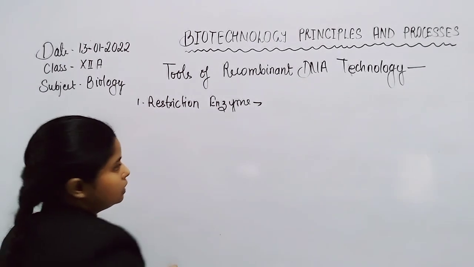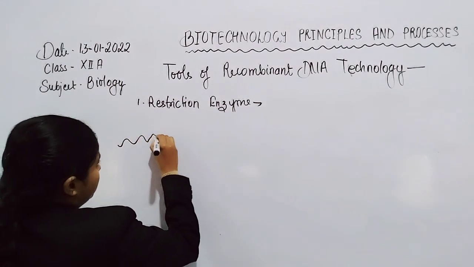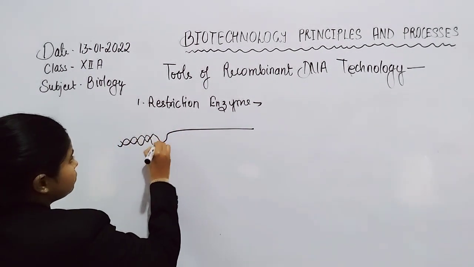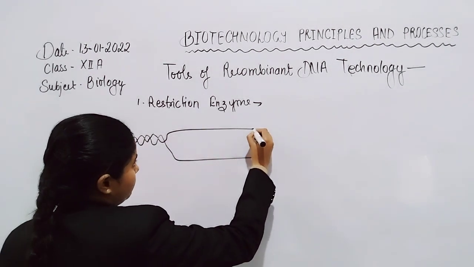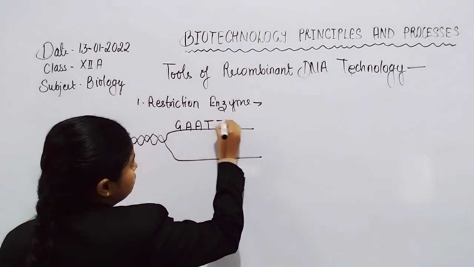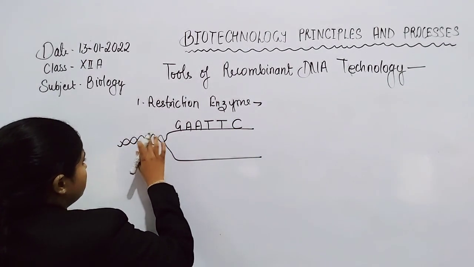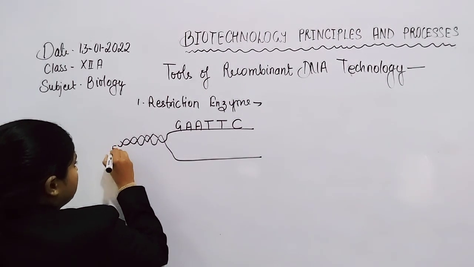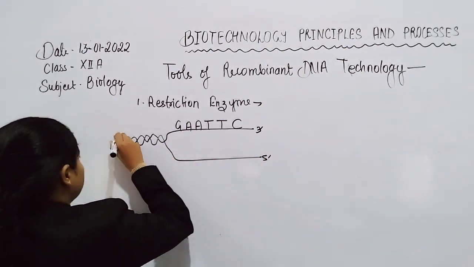They cause mutation. How do they cause mutation, or why is the palindromic sequence needed for the addition of two genetic materials with each other? What is a palindromic sequence? First we discuss, for example, here is a desired genetic material. Now here is GAATTC. This genetic material shows the